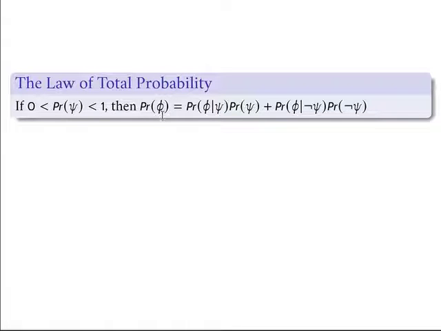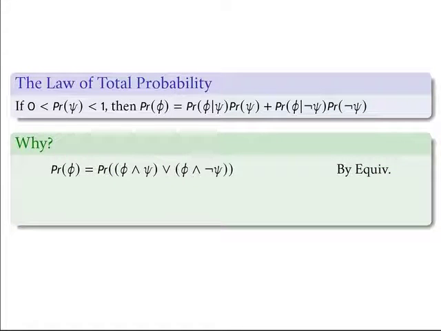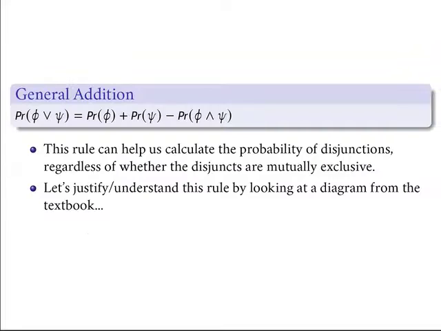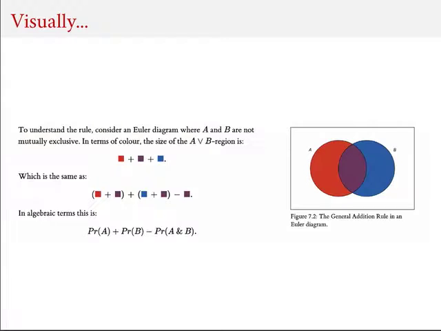we can use that to calculate the unconditional probability of any other proposition, if we know the probability of that proposition given psi and the probability of that proposition given not psi. And this law will be incredibly important for solving certain questions involving Bayes' theorem, which we'll see beginning this week. So what I'll do now is walk through the proof of this theorem, because it's very simple. I didn't walk through the formal proof of the previous theorem because it's very complex, so we had to settle with simply just a visual